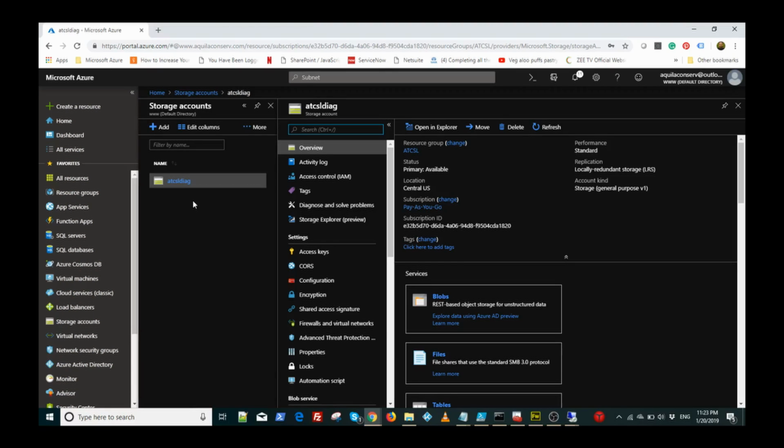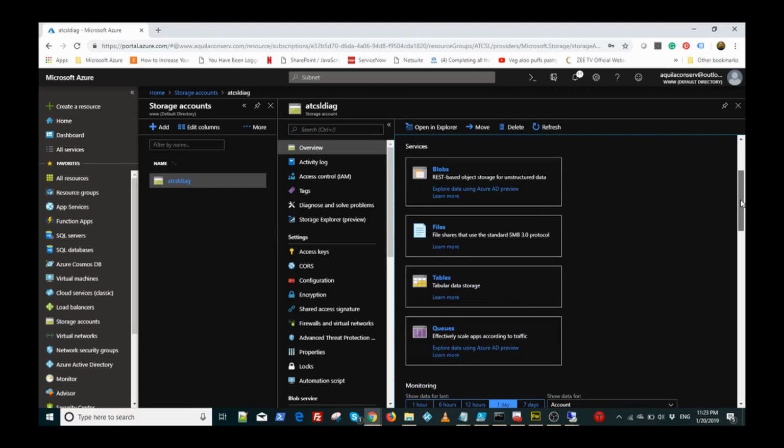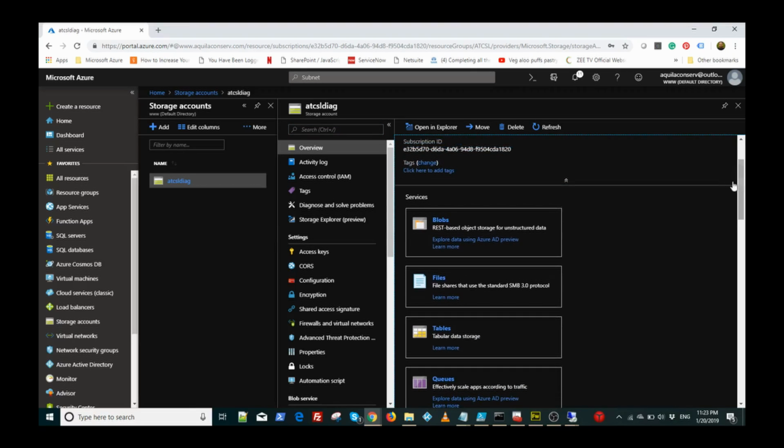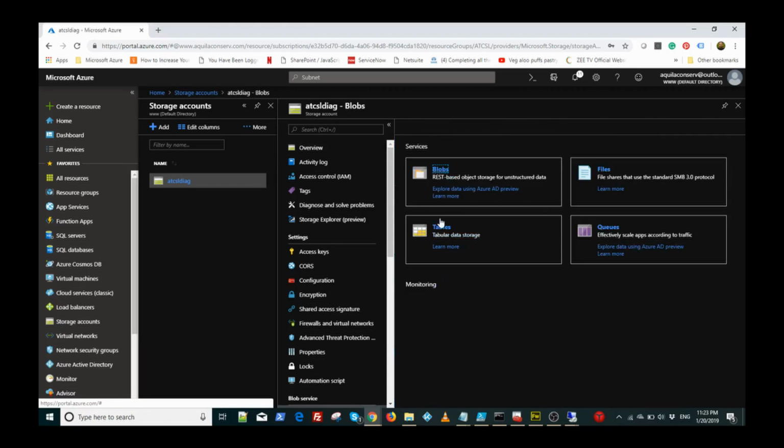This automatically got created when we were creating the resources. Why? Because any and every resource needs to be inside a storage account. Where will you have the virtual machines? The VHDs, the virtual hard drives, will be stored inside the storage. So we have different kinds of storages, which are the blob, the files, the tables, and the queues. If we click on the blobs,